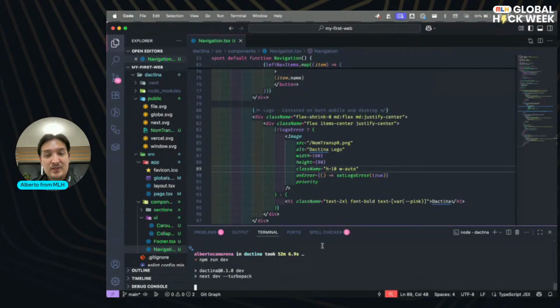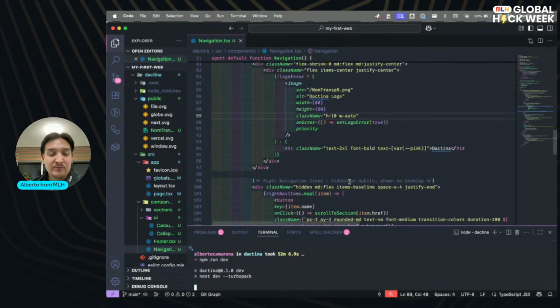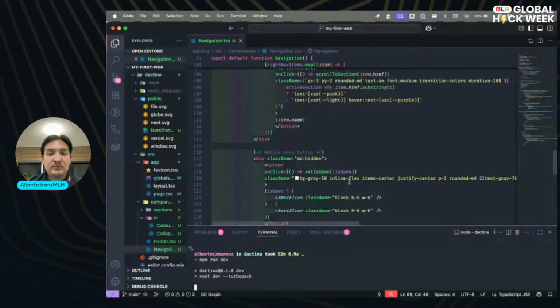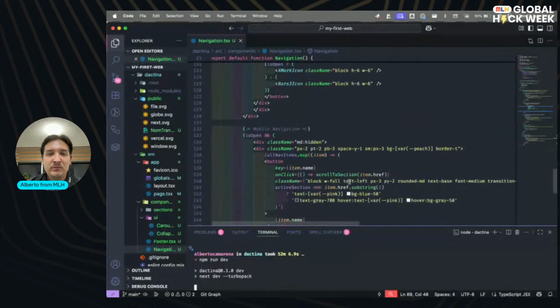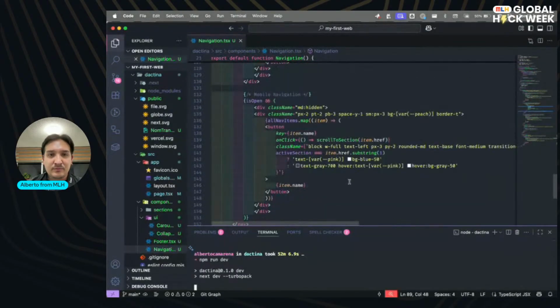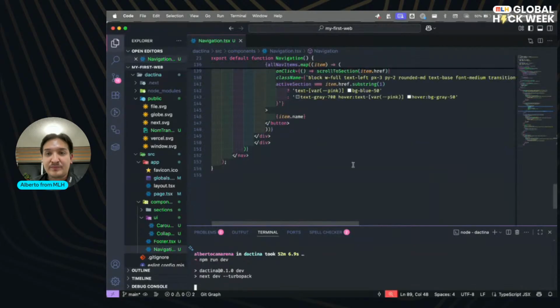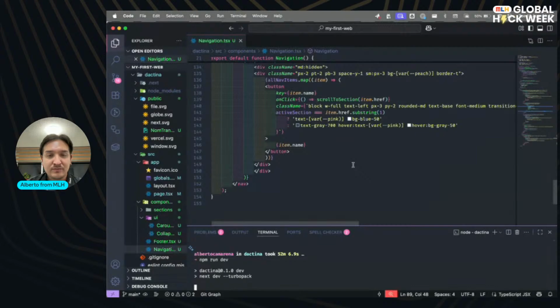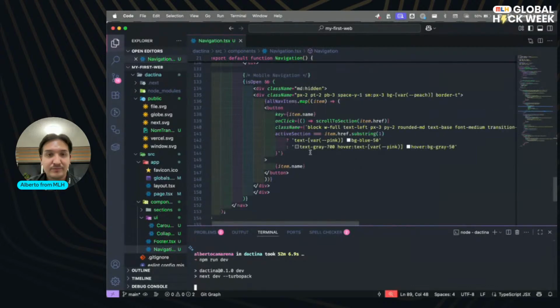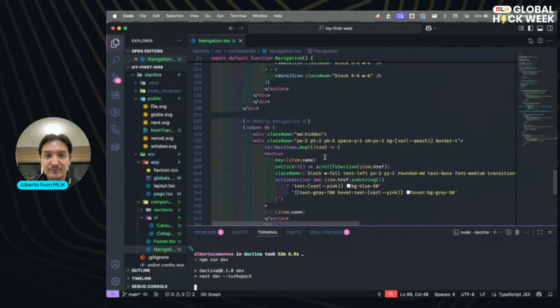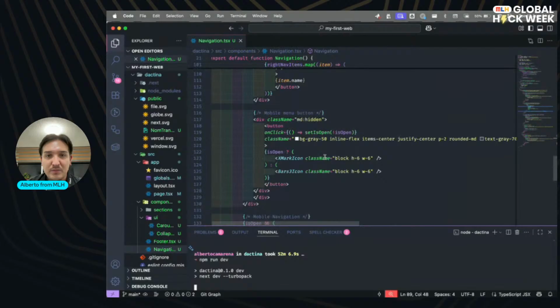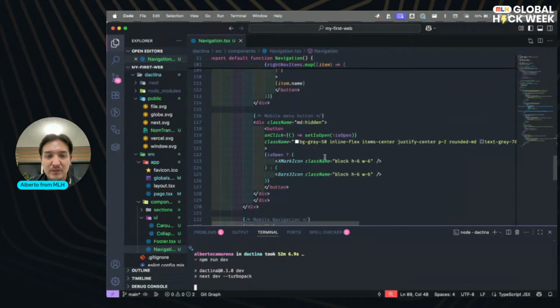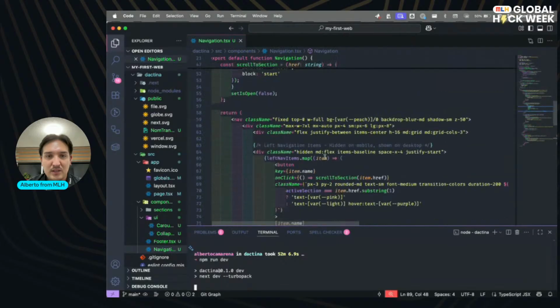Let's go to Repack. Still this gray, so probably we need to change that. Let's take a look at all the elements.